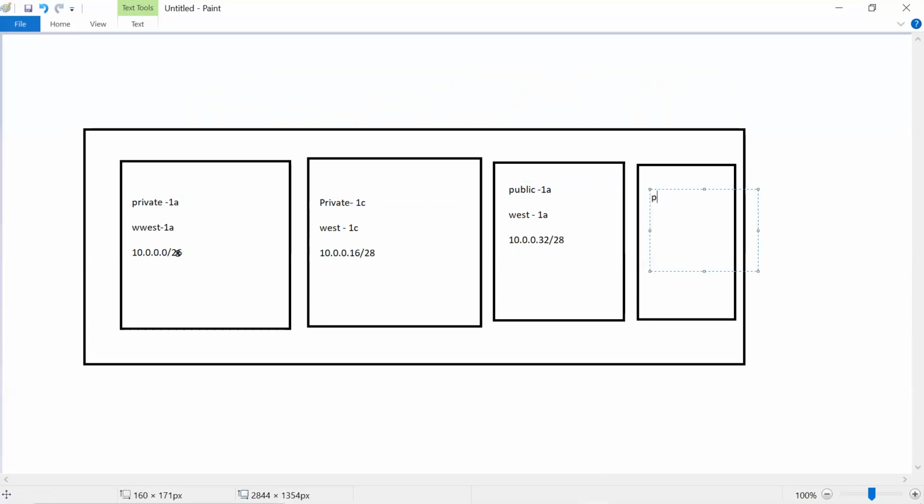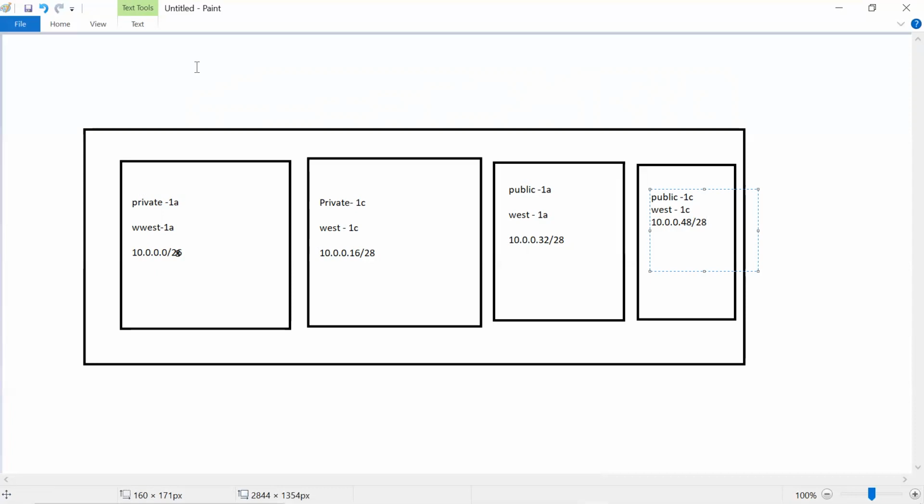Okay, then public, because we have completed 1C, and West 1 is completed, 1C, we will keep it in that availability zone. 0.0.32 is done, and after that 16 is 48, right? 48 slash 28.